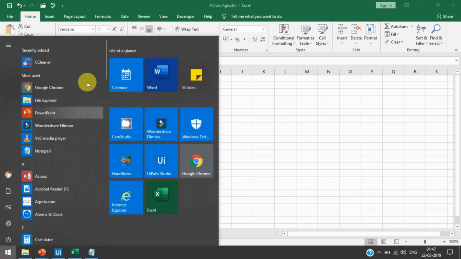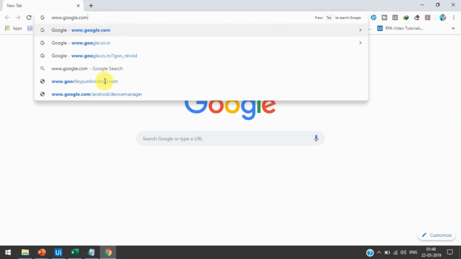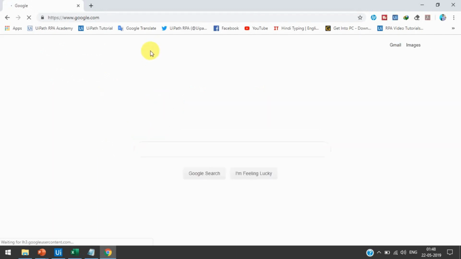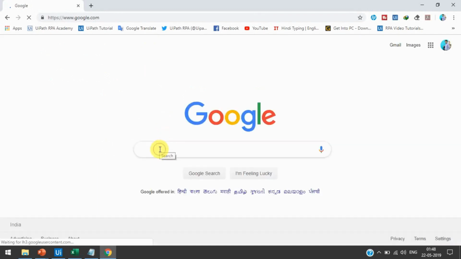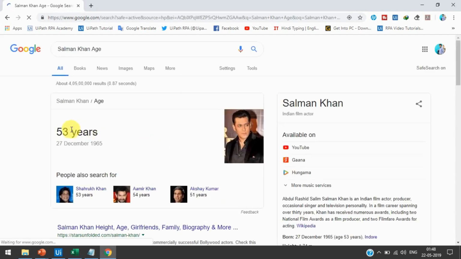Manually, we open the Chrome and then we write here google.com. And we type here the actor's name and age and just press enter, and then we'll get the age here, 53.